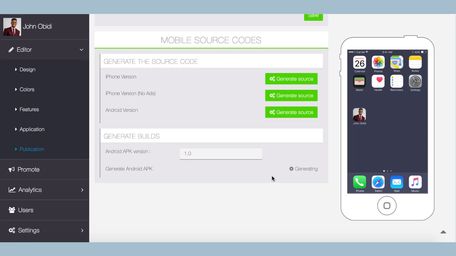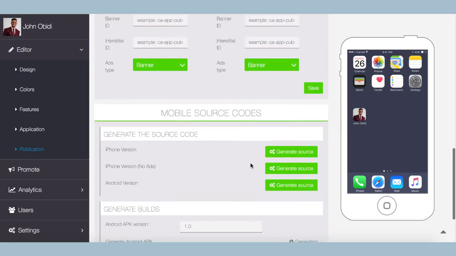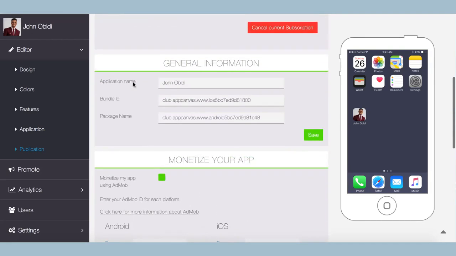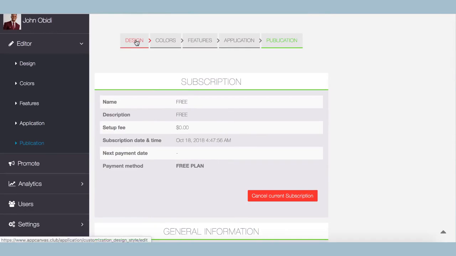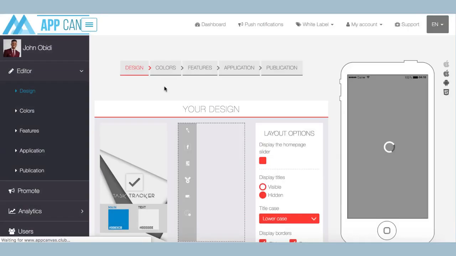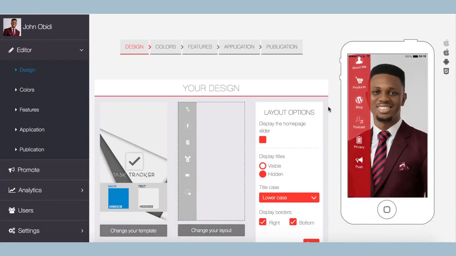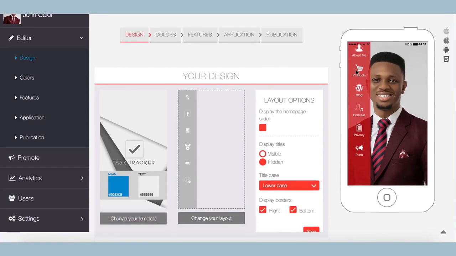And once you're satisfied, you can go on to add the app to the Google Play Store. So I hope this has been useful to you. It all starts from the design of the app, which is something that we did pretty simply. I'll just head right back to design. It's something we just did really simply. It just starts with a nice background image, the layout, a couple of colors for the buttons, and then the